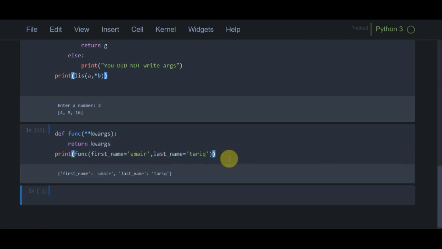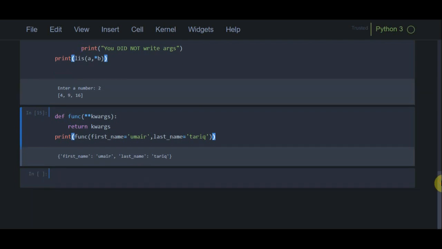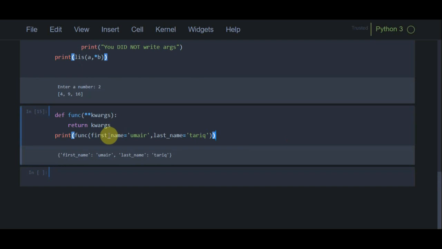If I run this program, you can see that all the arguments appear in the output, and you should note that the double star keyword argument function always returns arguments in a dictionary data type. You can see that it is appearing in a dictionary, so it is the key and it is the value, and the second element is also a dictionary item. All right, now let's proceed further. We can also apply the items method on a keyword dictionary.